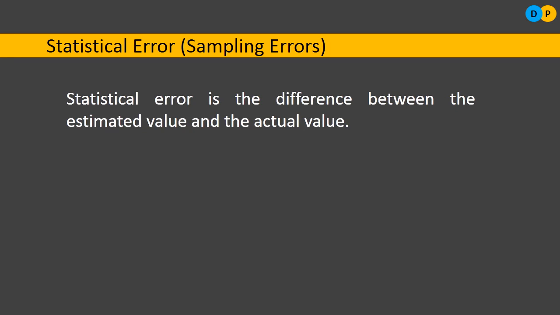What does it mean, estimated value and actual value? Let us say after taking a particular test or exam, you will have an estimation that out of 100 you'll be scoring 92, 95, 90, something like this. But once you get back your answer papers after corrections, you'll know the actual score. Your expectation was 98. After evaluation, let us say it was around 80. So there is a difference. This is referred to as statistical error, the difference between the estimated value and the actual value.